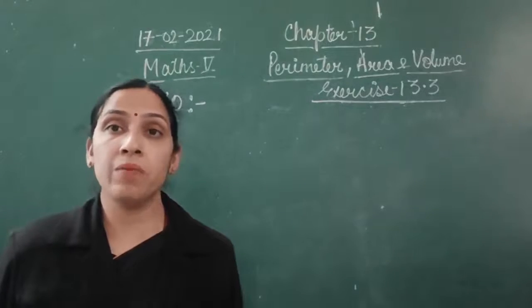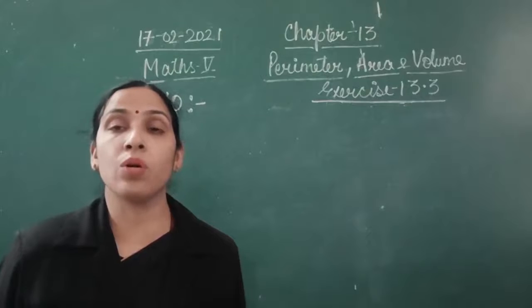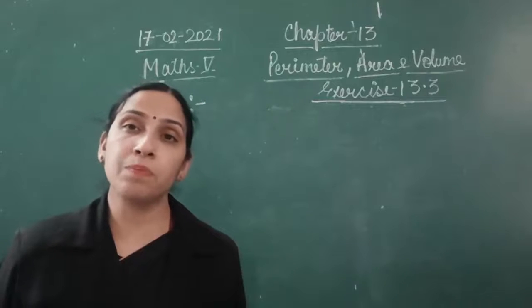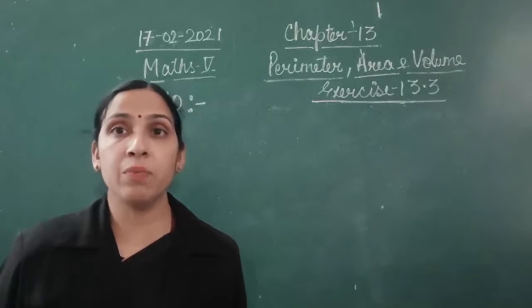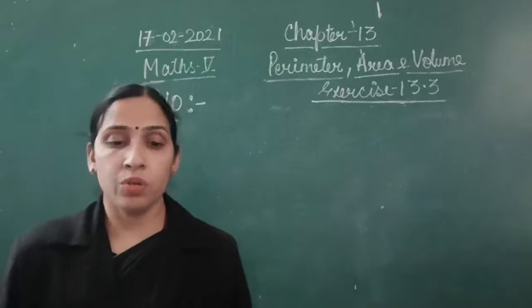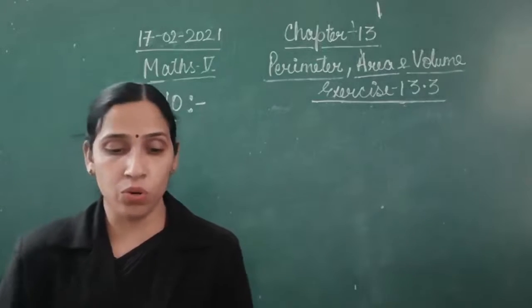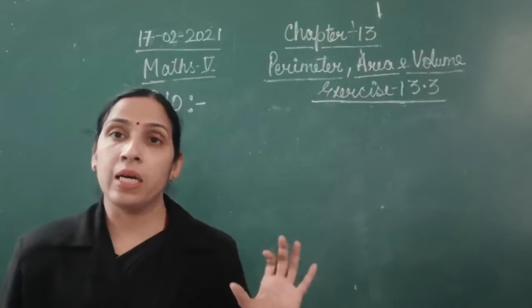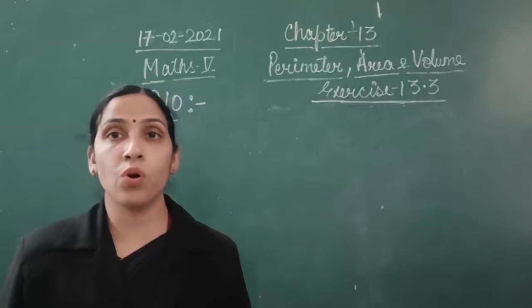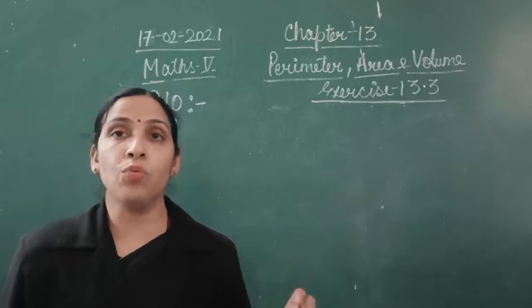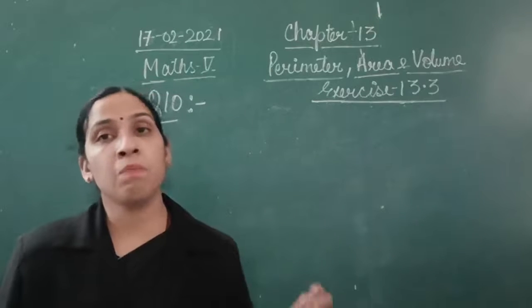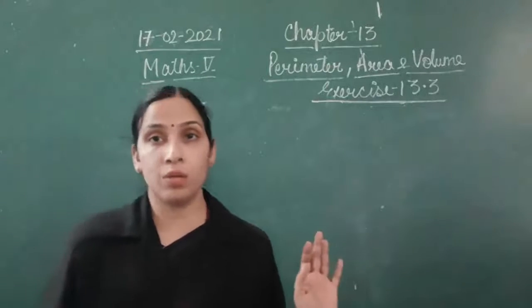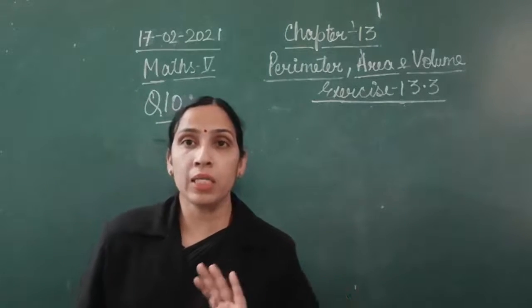Now what do you mean by paved? Paved means, whichever floor you have at your home, when you are tiling that floor, putting tiles on that floor is paving. So when we put tiles on that floor, how many such tiles are required? If you know the area of the floor of the room and you know the area of the tile, how will you find how many tiles are required to pave that floor? So do you understand what the question is?